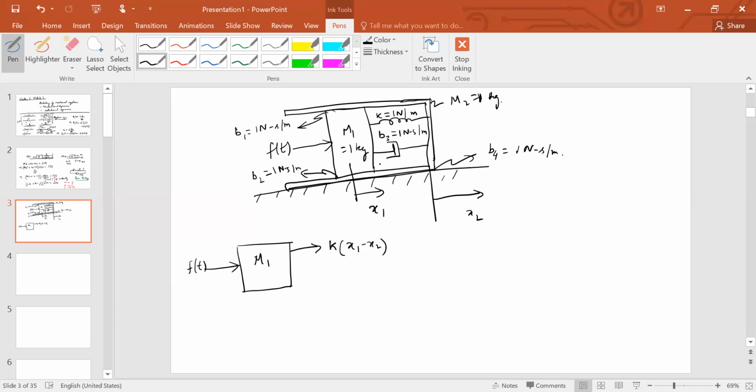Because this fellow moves x1 to the right, but this fellow moves x2 to the right. So the net movement is x1 minus x2. The net compression or elongation of the spring is x1 minus x2. Similarly, this is B3 times x1 dot minus x2 dot. All right. So similarly here also,